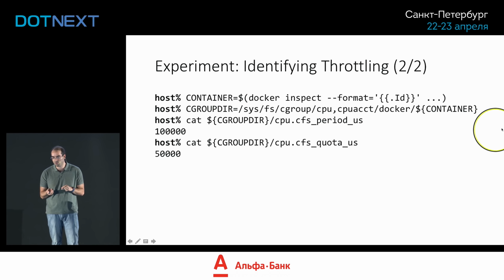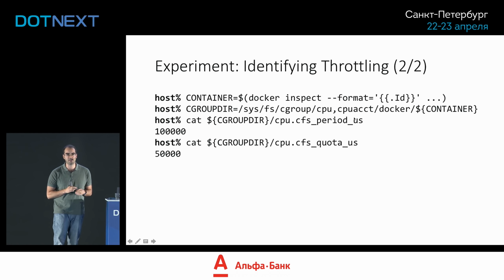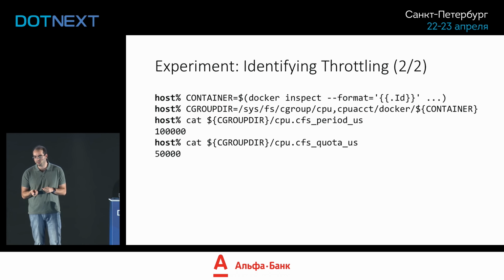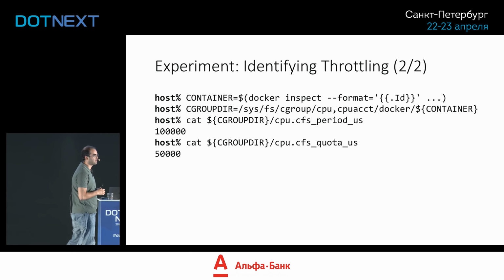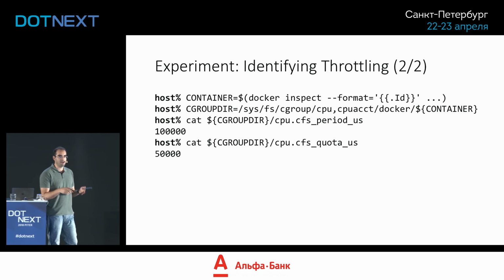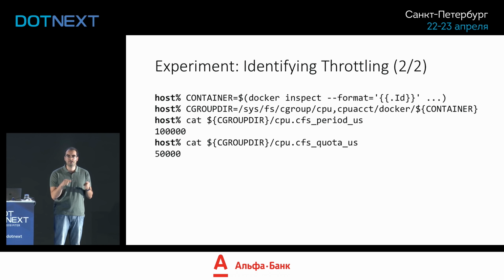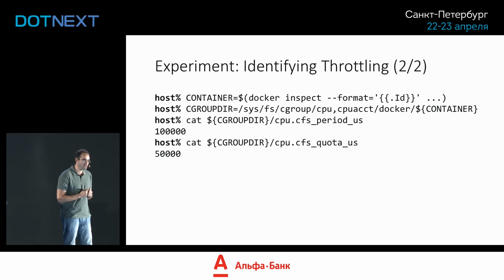So there's something called CFS period microseconds, and that's set to 100,000. And there's another thing called quota microseconds, which is set to 50,000. And that basically says any processes assigned to this C group can only use 50 milliseconds out of every 100 millisecond period. And once you run out of those 50 milliseconds, you have to wait for 50 milliseconds, which is